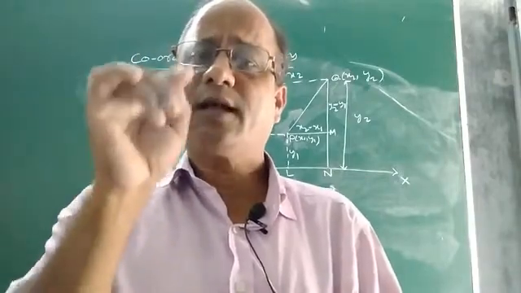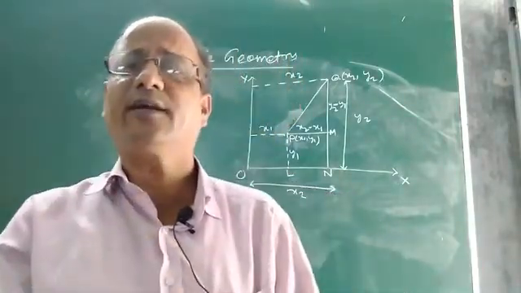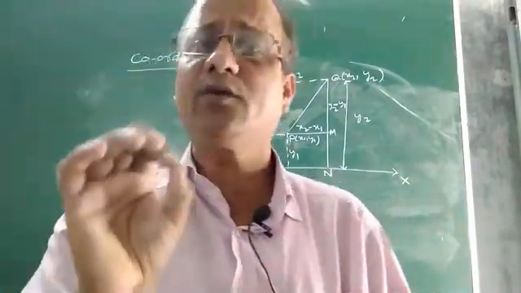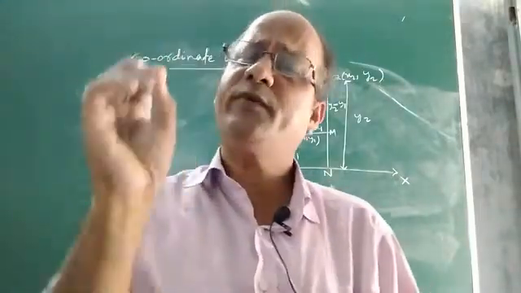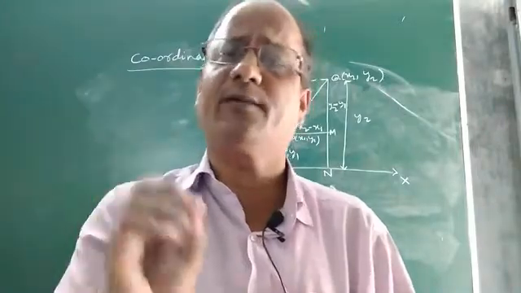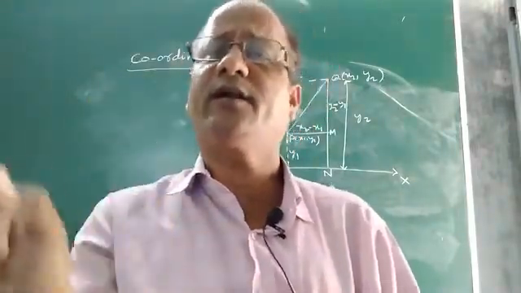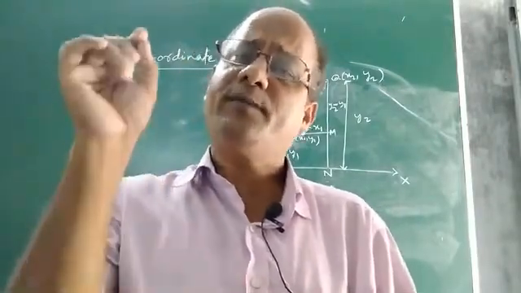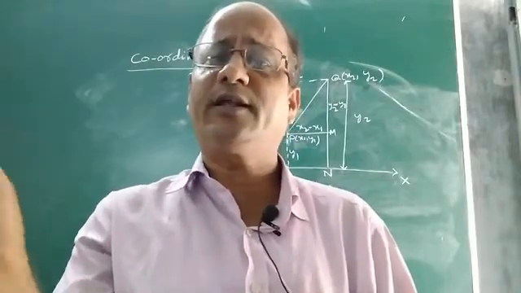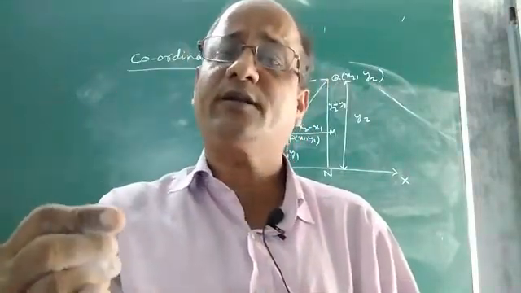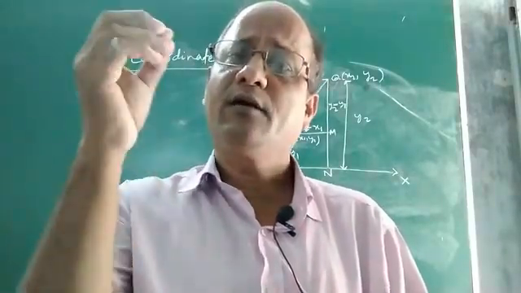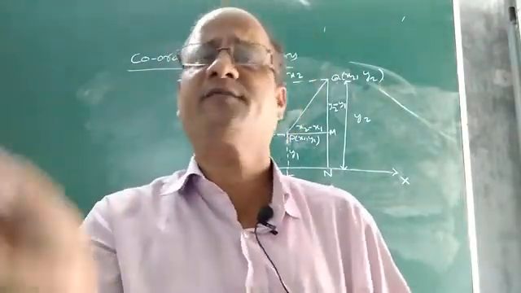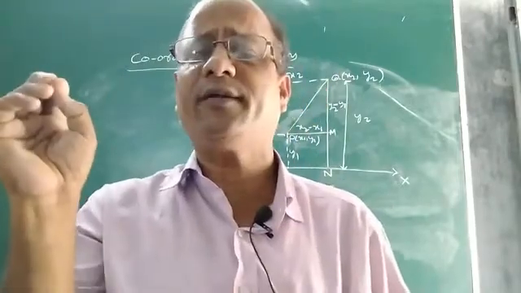The two axes, x-axis and y-axis, or the two coordinate axes, divide the entire plane into four quadrants. And what is the sign of each quadrant, you know. The main point is, if we take a point anywhere in the Cartesian plane, it will have two coordinates: the x coordinate or abscissa and the y coordinate or ordinate. Then what happens if a point lies on the x-axis? What will be its coordinates? If a point lies on the y-axis, what will be its coordinates? These are the things which we have already read. Then the equation of the x-axis, the equation of the y-axis, so many things we have read in class 9.